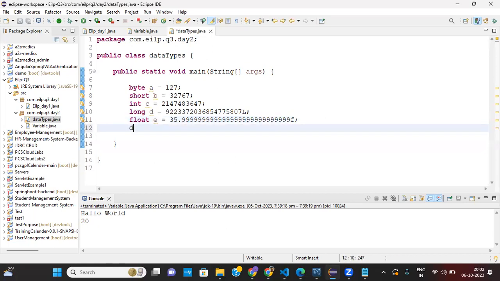Float takes f, and for double we don't need to give any syntax. There is no need of giving any syntax. If I give 3, 5, 4, no issue.